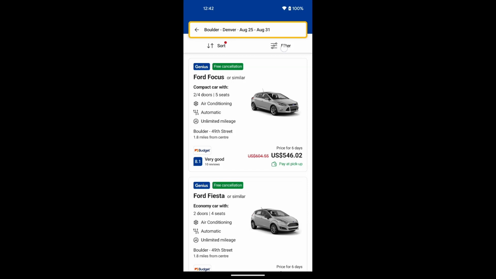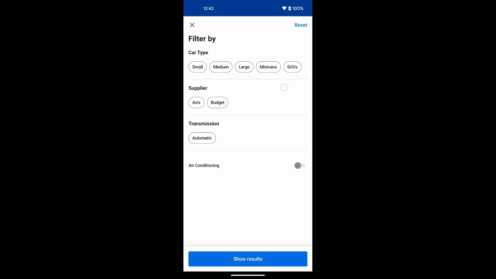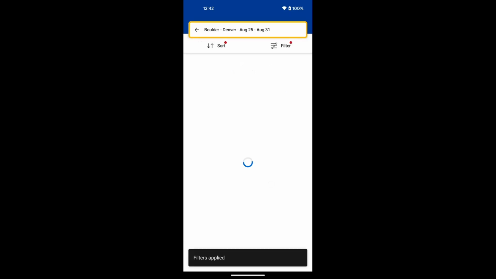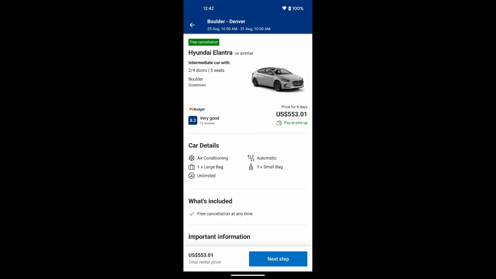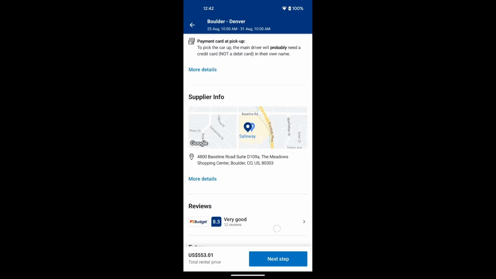And then click filter, and you will see some options about how big. And say you want a medium-sized car, you can choose that, and you'll see the different options. Then if you choose one you'd like, choose an intermediate car for example, then it will start to load your car listing, and then you'll see some information on the car itself.